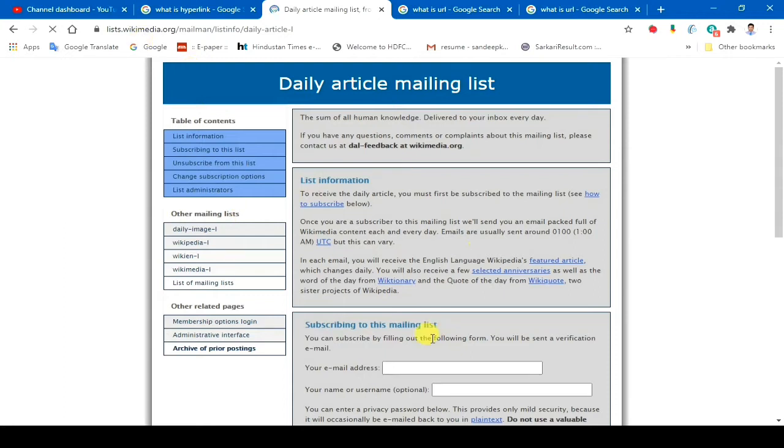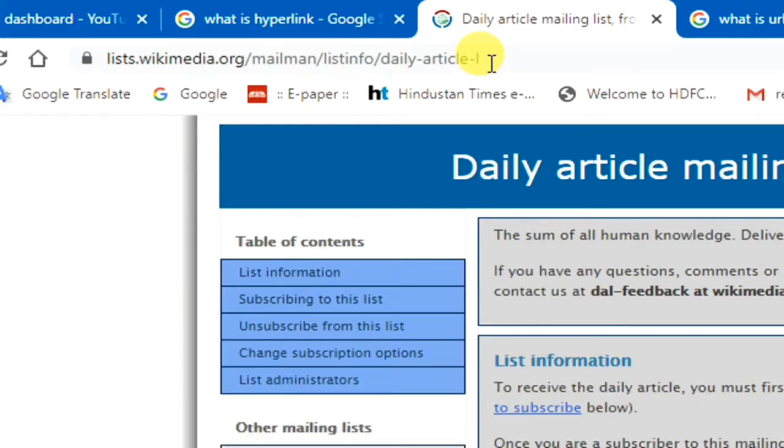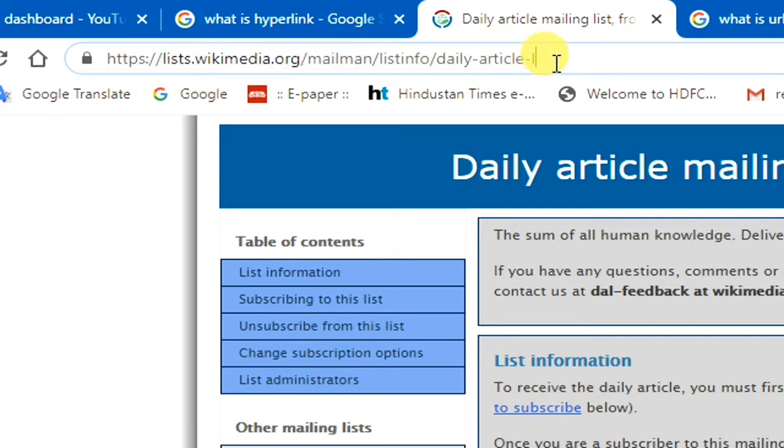When I click on that link, I jump to a new URL, a new website. So this is the URL of a new website, so it is our external link. This is the difference between internal and external link.